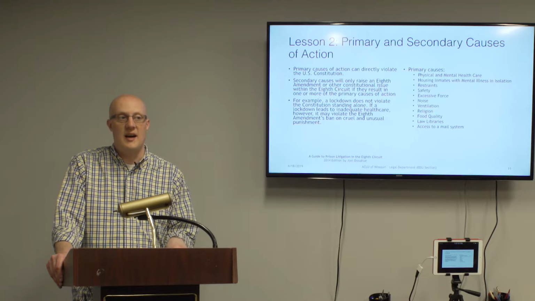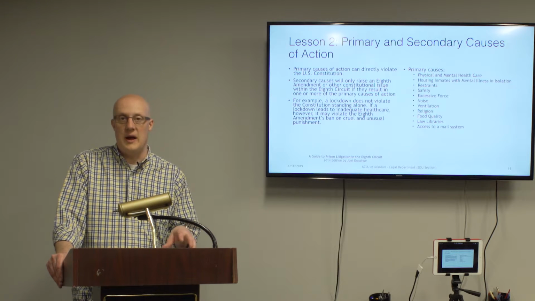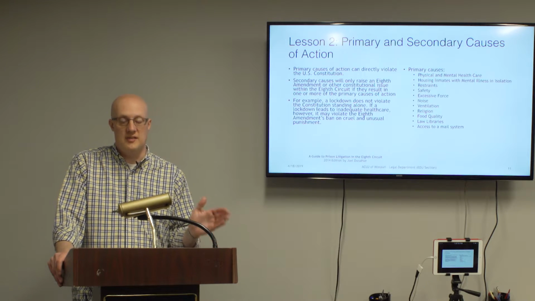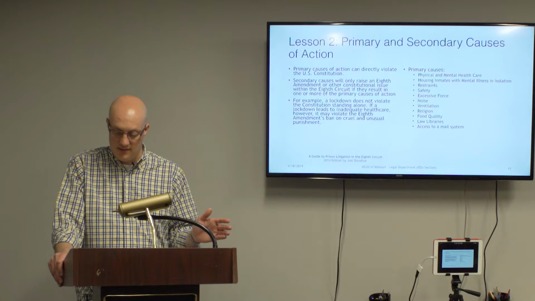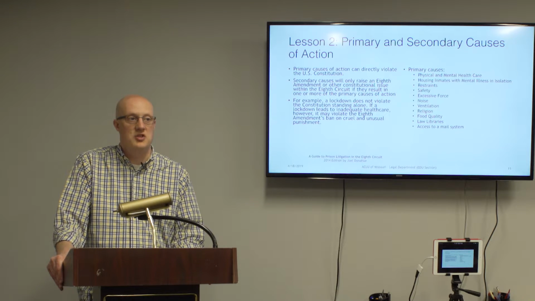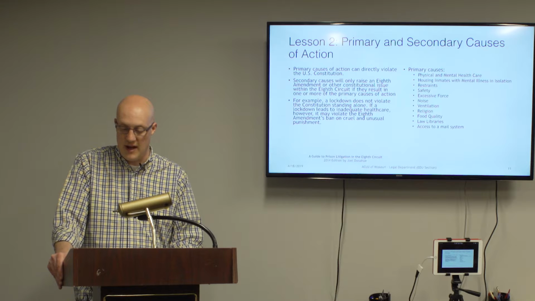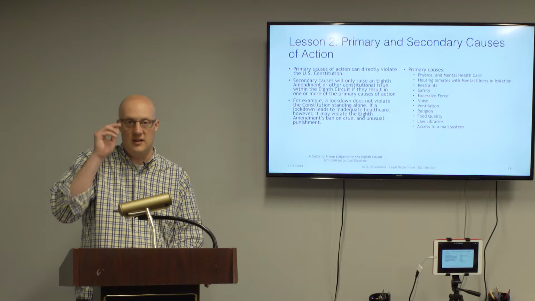However, an indefinite time in a supermax unit is a substantial and significant change that would allow for a procedural due process